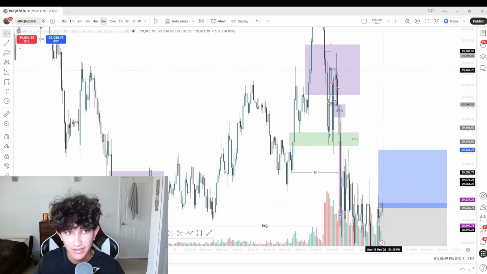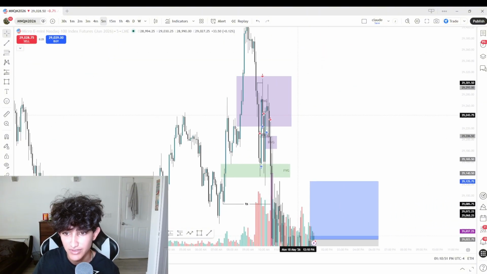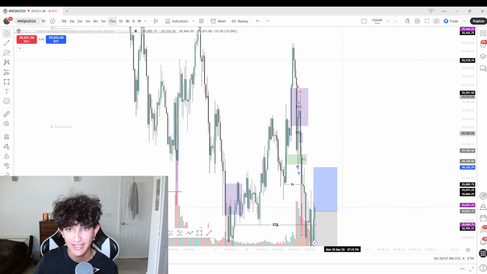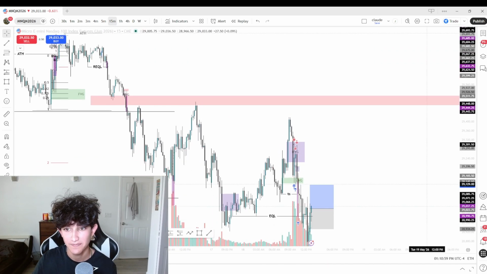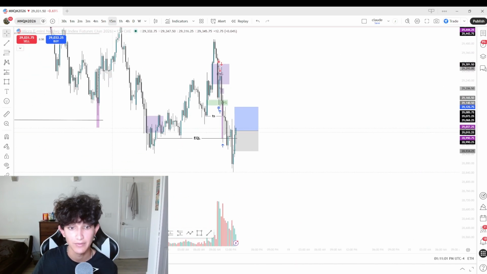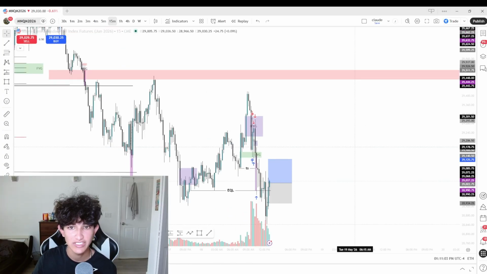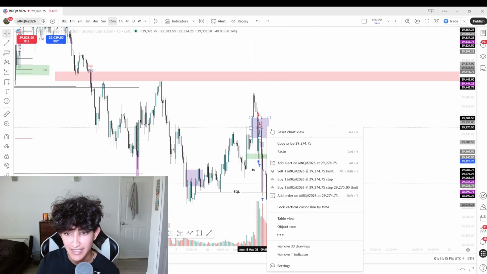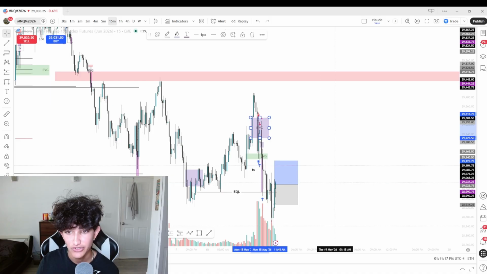Anyways, moving on to today, right? So going into market open, we ended up creating this 15-minute gap, and then I told myself, right, we have two conflicting draws on liquidity. Me personally, I had these equal lows as a good draw, and this 4 hour gap above as a draw as well. So I told myself, if I'm going to be bullish, I want to see this 15-minute gap we just opened up right here get respected,